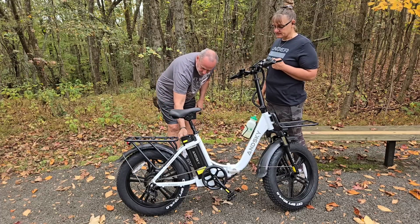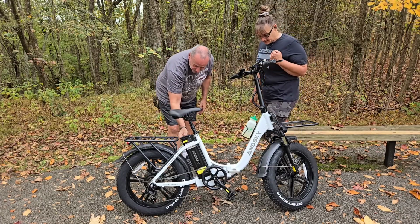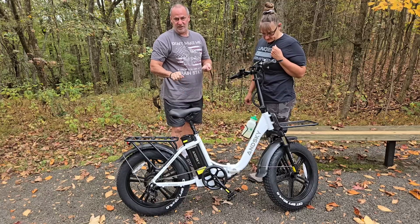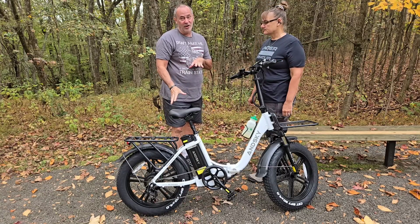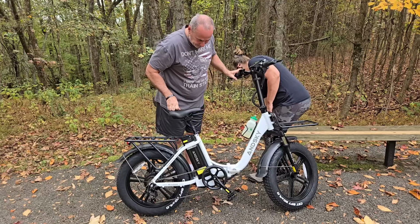So the battery comes with this double set of keys here. And you do have to have the keys to operate the bike because you got to turn the battery on. I had the battery already on. I forgot to turn it off. That's why it wouldn't unlock. But anyway,